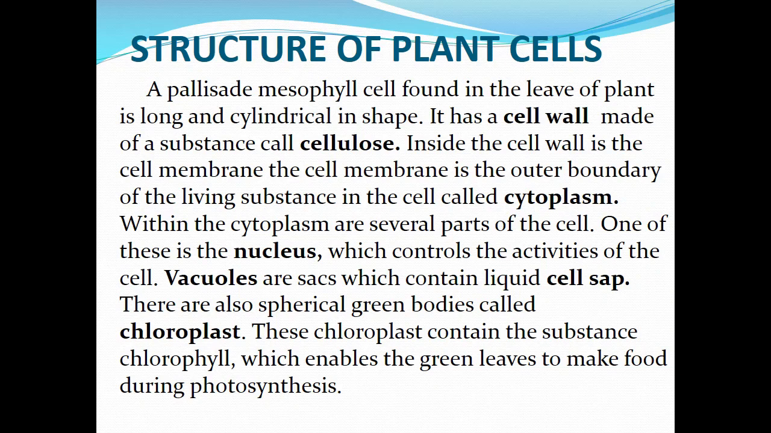So the major parts of the plant cell are the cell wall, the cell membrane, and the cytoplasm. Inside the cytoplasm, we have the nucleus, the vacuole, and the chloroplast. And the chloroplast, we say,